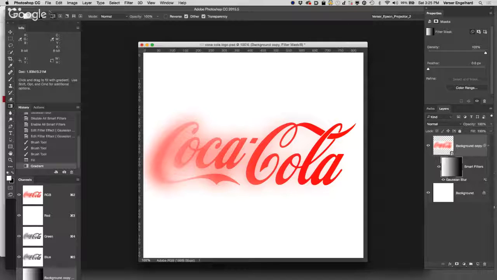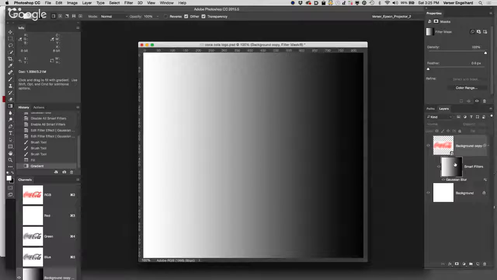If you look again up here at the top, this first one is a linear pull, and it's exactly what we just did. If you hold down your Option key and click on this mask, you can actually see the gradient itself. It shows it to you. It's a linear pull. We went from foreground white to black background. However, you can do different types of gradient pulls. So for instance, if you select the next little icon up here at the top, this is a radial gradient. So now if you click in the middle and drag out,